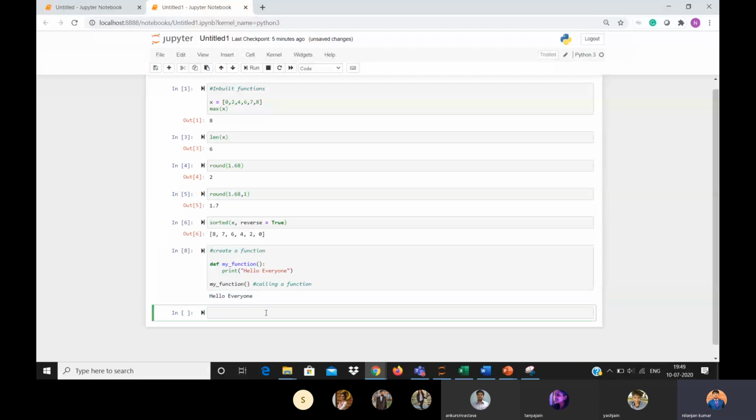Let's take one more example. Now we will pass some arguments in the function. I'm taking the same function, my function, and I'm taking a variable, let's say fname.